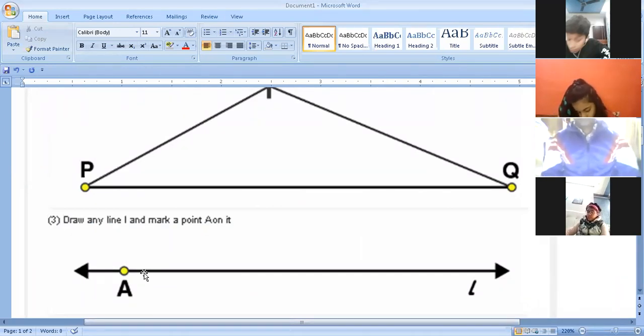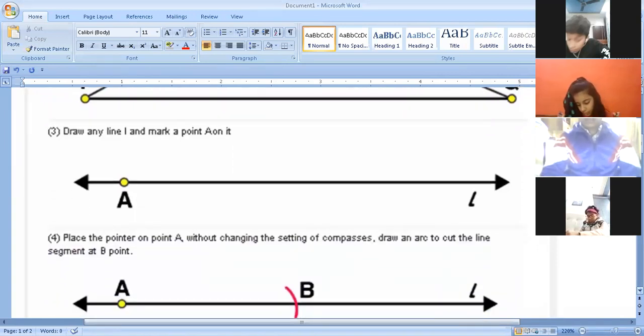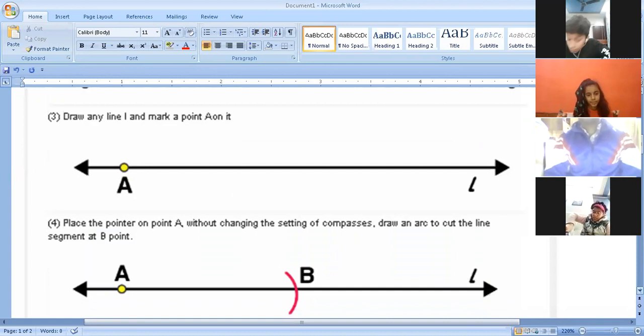First of all, draw a line L and mark point A on it. Then put your pointer on point A, cut the arc and mark it as B. Do it, children.